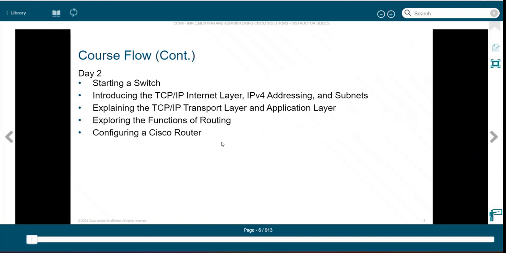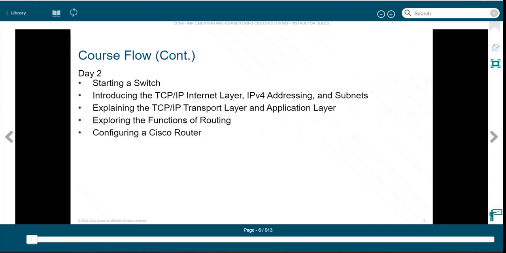Then on day two, we go a little bit more advanced, where you learn about advanced switching. Then an introduction to the TCP/IP internet layer, where you learn about networking, routing, and the devices that work on the internet layer, which is basically the network layer in the OSI model. Then IPv4 addressing, a detailed discussion about the IPv4 address format and its benefits, disadvantages, some shortage of IP addresses, and the complete structure of IPv4 in detail here, along with subnetting